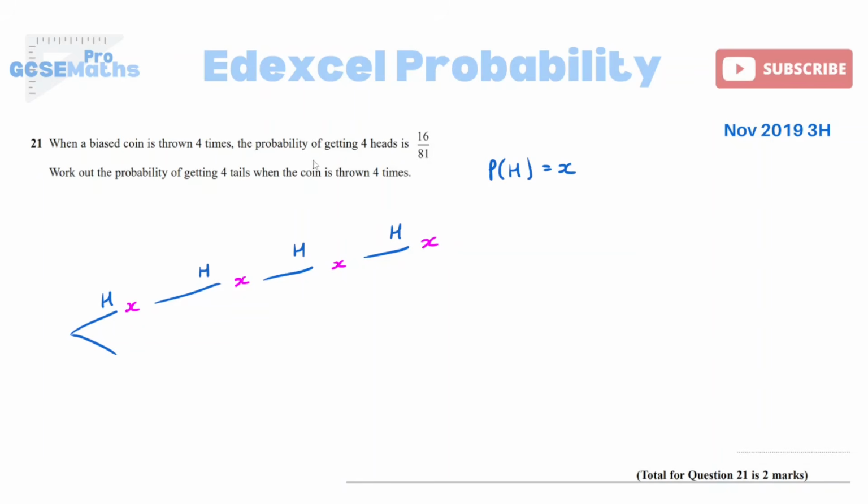And they've told us here the probability of getting heads 4 times. So remember, with probability trees, we always multiply between the branches. So the probability of getting heads 4 times, it's not 4 times X, is it? It's not 4X. It's X times itself 4 times, which in other words is X to the power of 4. So that is the probability of heads to the power of 4 is what is equal to 16/81,